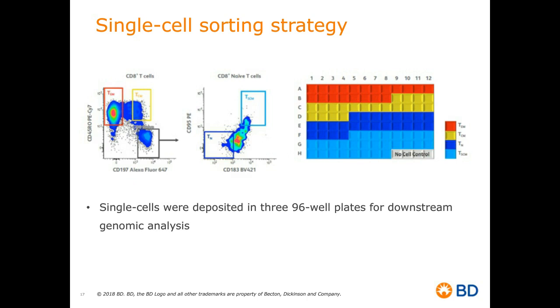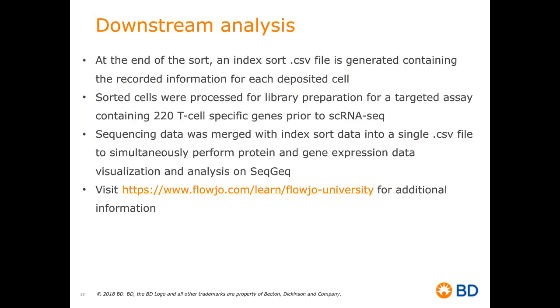And lastly, before going to the data, I just want to give an overview of how we perform the analysis once we have finished our experiment and how we prepare for the bioinformatics. So at the end of the sort, when you use index sorting, an index sort CSV file is generated. And this is basically a spreadsheet, an Excel matrix that contains the recorded information for each deposited cell. So we record for each cell that has gone into each well, the MFI for each parameter that was used